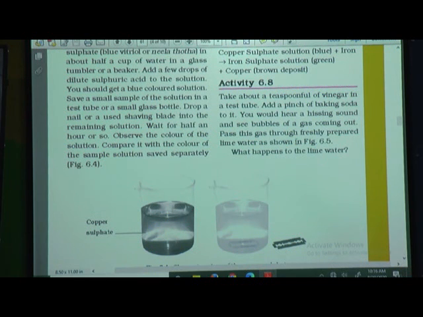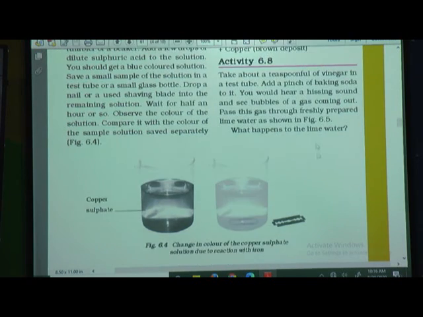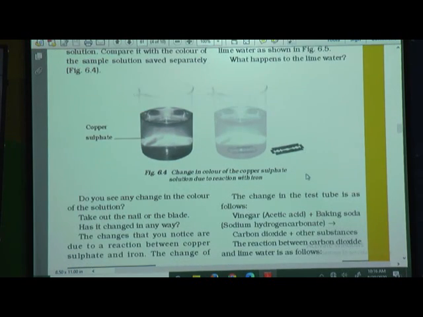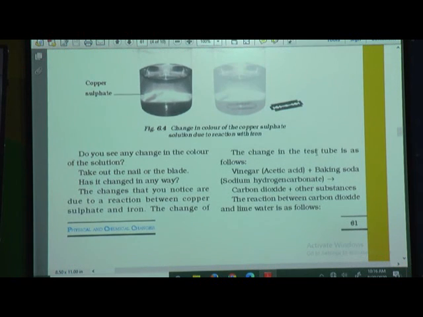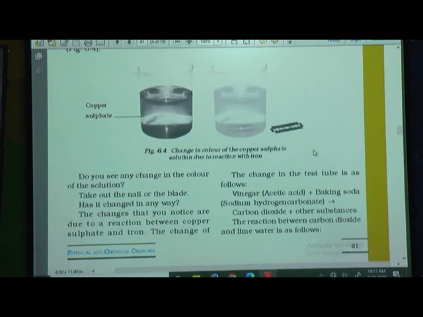So pass this gas through freshly prepared lime water as shown in figure 6.5. What happens to the lime water? The change in the test tube is as follows. Here you can read what the change is. Vinegar is acetic acid. In our 5th lesson we learned that vinegar is an acid, and the acid present in vinegar is acetic acid, plus baking soda. Baking soda is a basic substance, we know. We are going to add an acidic substance,